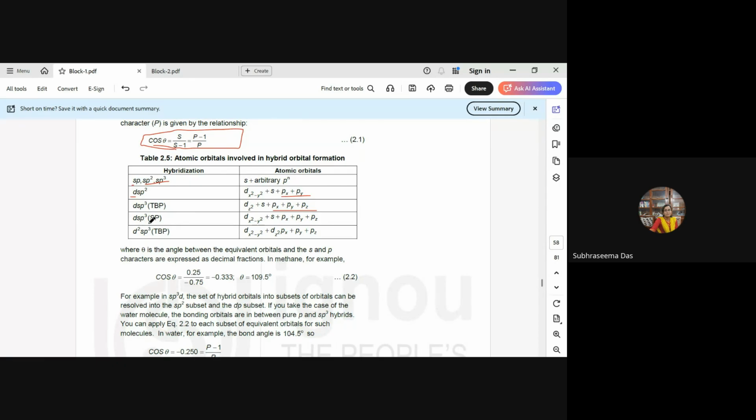For dsp3, when it is a square pyramidal configuration, the dx²−y² orbital is involved, then s plus the 3p orbitals. And particularly when we have d2sp3, here it is an octahedral structure, and d2 implies both the orbitals, that is dx²−y² and dz², plus s and the 3p orbitals. So this is given by table